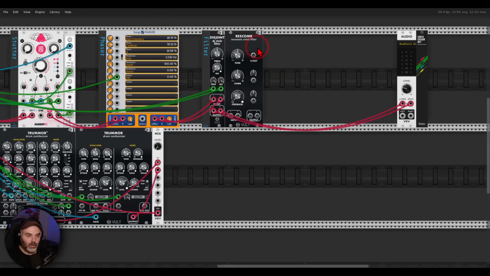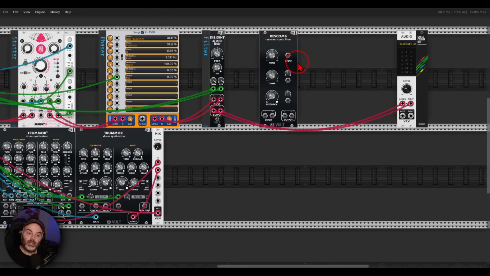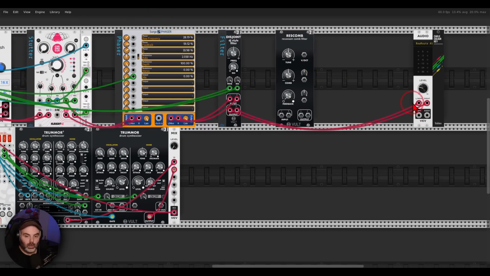Let's go back to favorites, right? Rescomb, which is a comb filter. A comb filter is basically a delay, right? So this should also be quite interesting. So again, we just continue the chain. Let's call this comb,